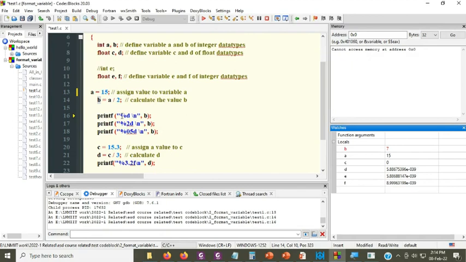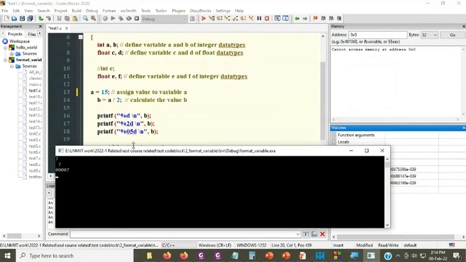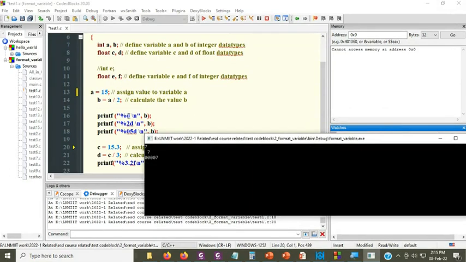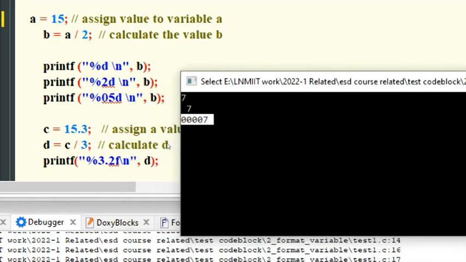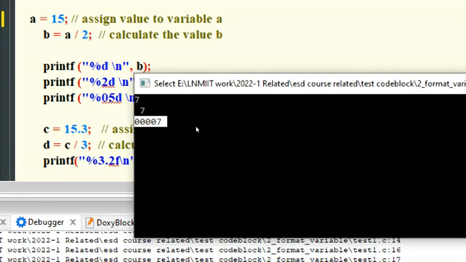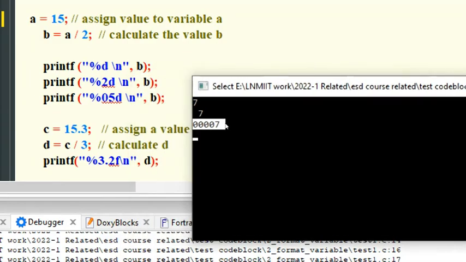It cannot show you floating numbers. If you are using format specifiers to print those values, I have executed the 3 lines, and you can see here %d without any space, you have printed the value 7. Now here you can see one extra space is used. In the second place, you have written the value of b. If you are using 05, that means 5 spaces are used to print the value of b. So 4 places are 0 and the fifth is b itself. So 5 spaces have been used, simply speaking.